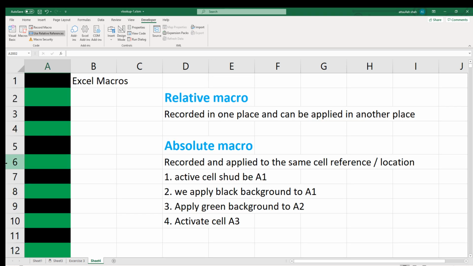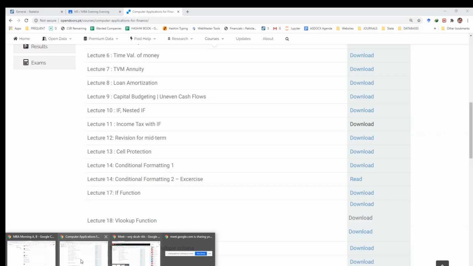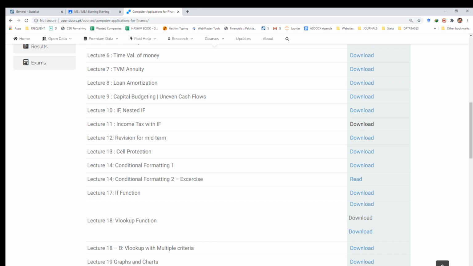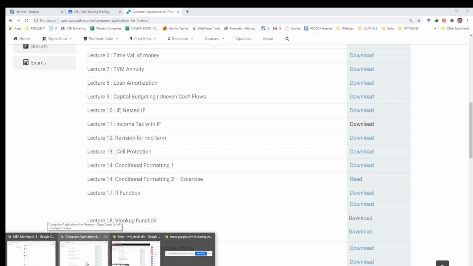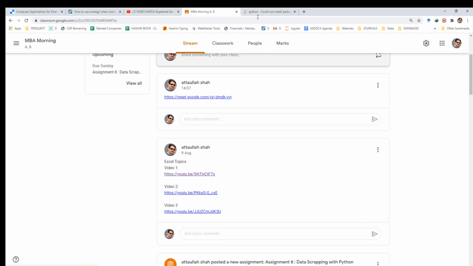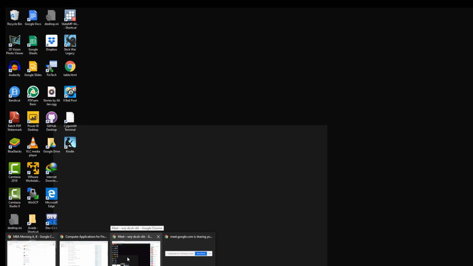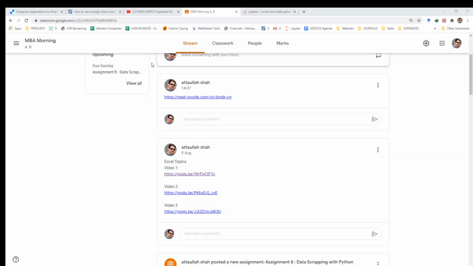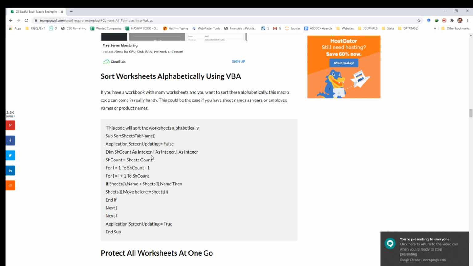This was one example of using a macro and then repeating the same task over and over again. Let me give you some examples of where macros can be used usefully. So I'll go to this website called, let me get the website address. Yeah, this one.